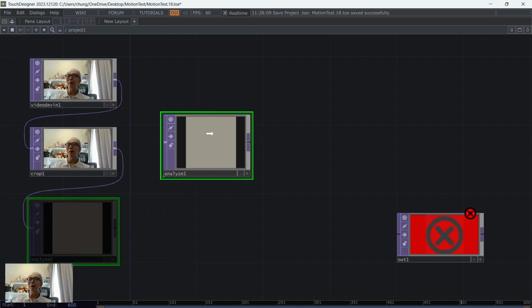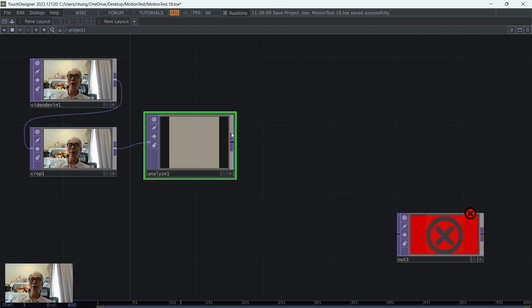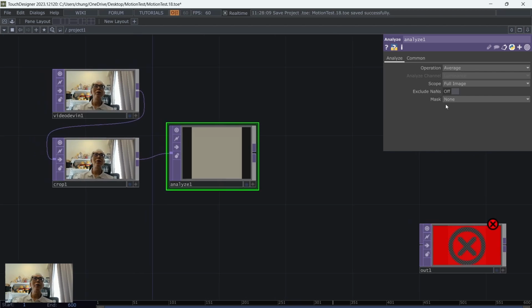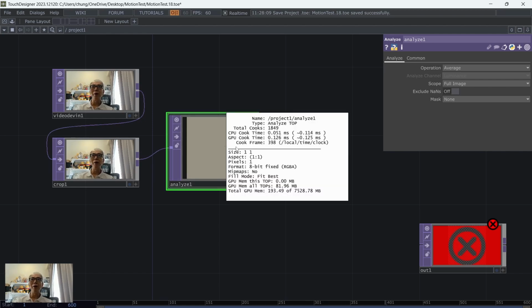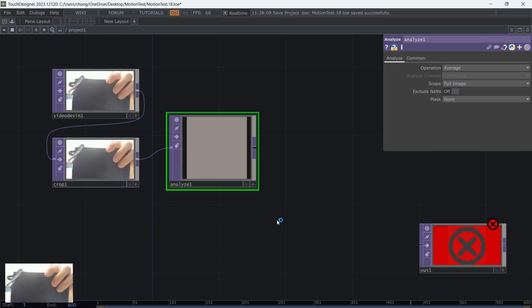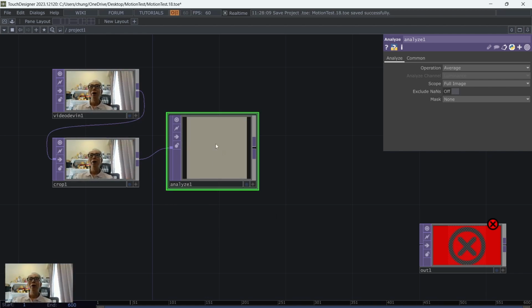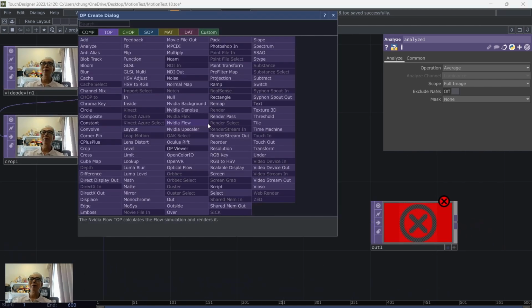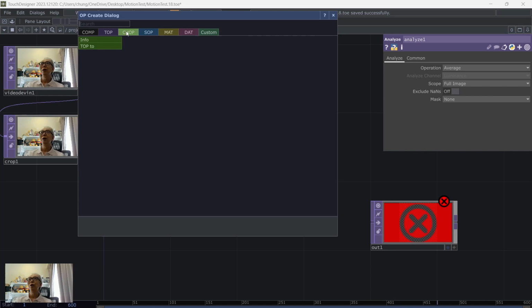So we'll analyze the camera image by using this TOP, and with the TOP we can do, for example, the averaging of all the pixel information within this. So we can specify full image, that is the whole frame of the TOP, and whether we exclude some invalid ones and whether we have any mask. That will actually give you only one single pixel, one by one, with that averaging color value. So you can see if I put something pretty dark in front of the camera, it changes the hue around here. So this one we can send it to a CHOP